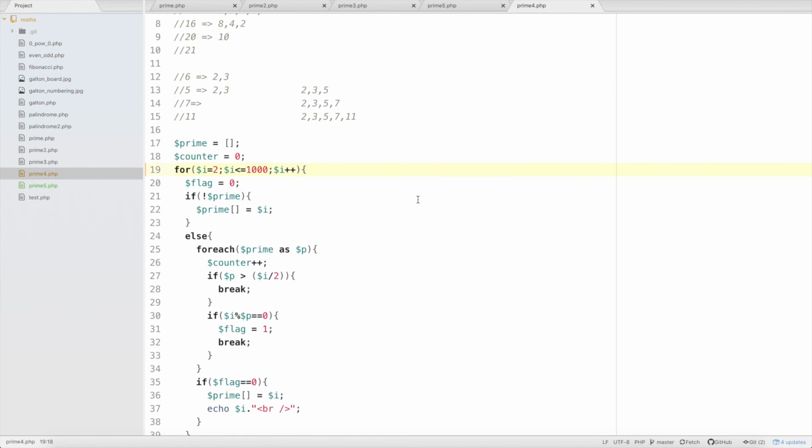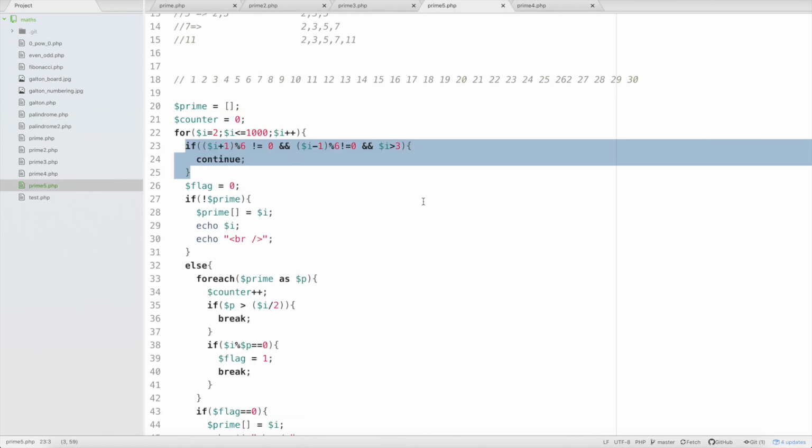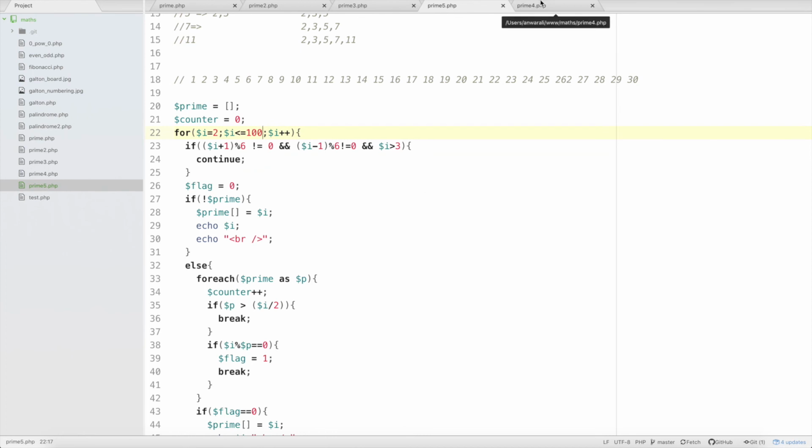Let me just switch this back to 1 to 100. I just don't want to modify my codes. So this is